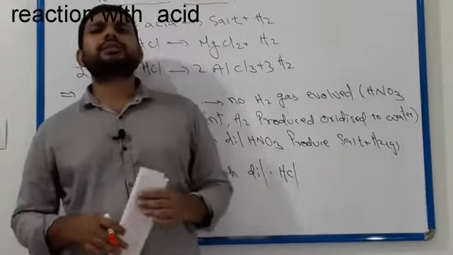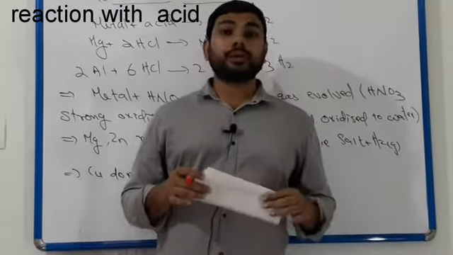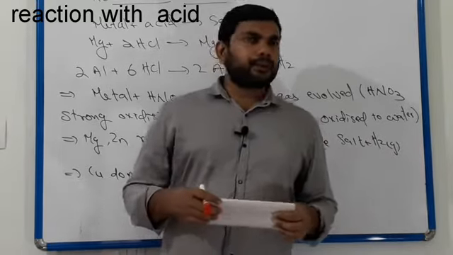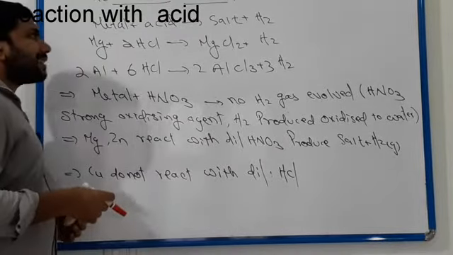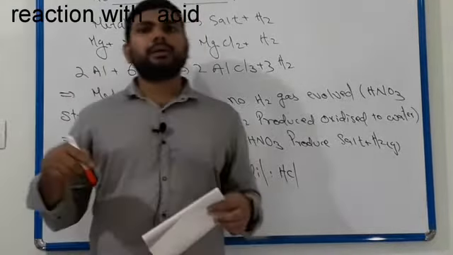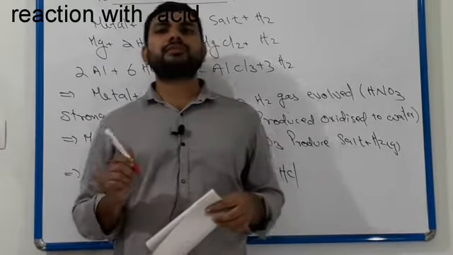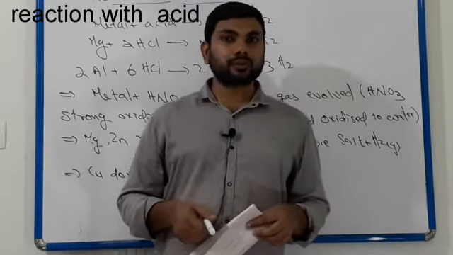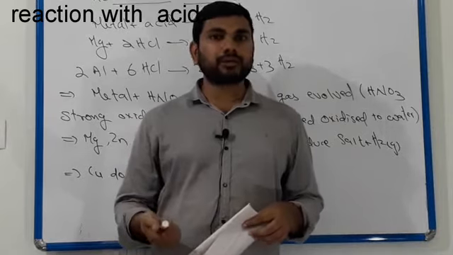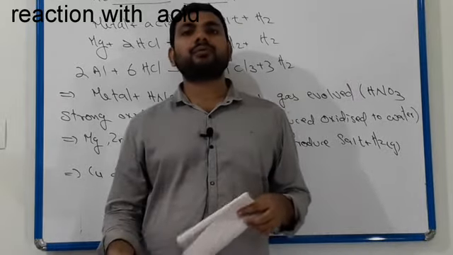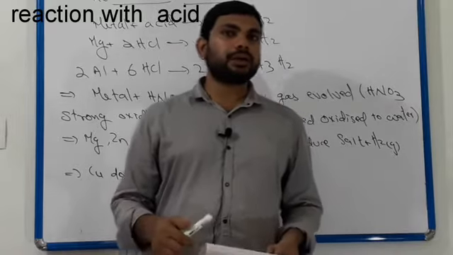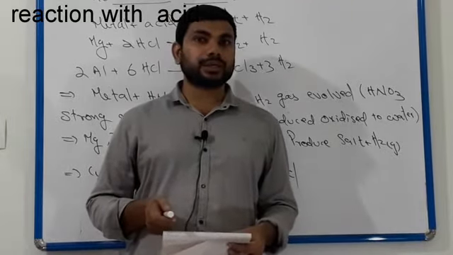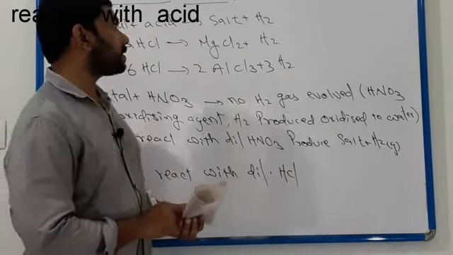Okay, next one we have to discuss here, metals reacting with acid. Here you have to remember, when metal reacts with acid, it forms salt and hydrogen. So we discussed metal plus oxygen. Metal reacted with oxygen or air forms metal oxide. Metal reacted with water forms metal oxide and hydrogen. The same metal oxide again dissolves in the water to form metal hydroxide. Clear? Third one here, metal reacting with acid forms salt and hydrogen gas. Clear? Also here hydrogen gas is formed.